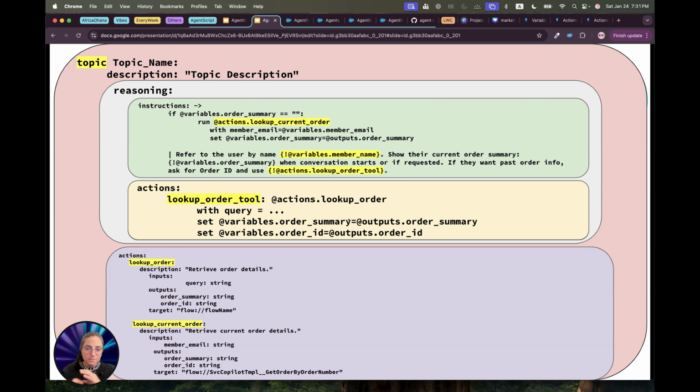And again, I just minimized, I zoomed out, and that will show you. For example, here I have actions.lookup_order. This is a topic instruction. Here in the prompt instruction, I'm calling the lookup order tool, which is a reasoning action. This reasoning action is actually calling a topic action. It's calling the lookup order topic action. So that's very important. And it took me a while to differentiate topic versus reasoning action, but it's very